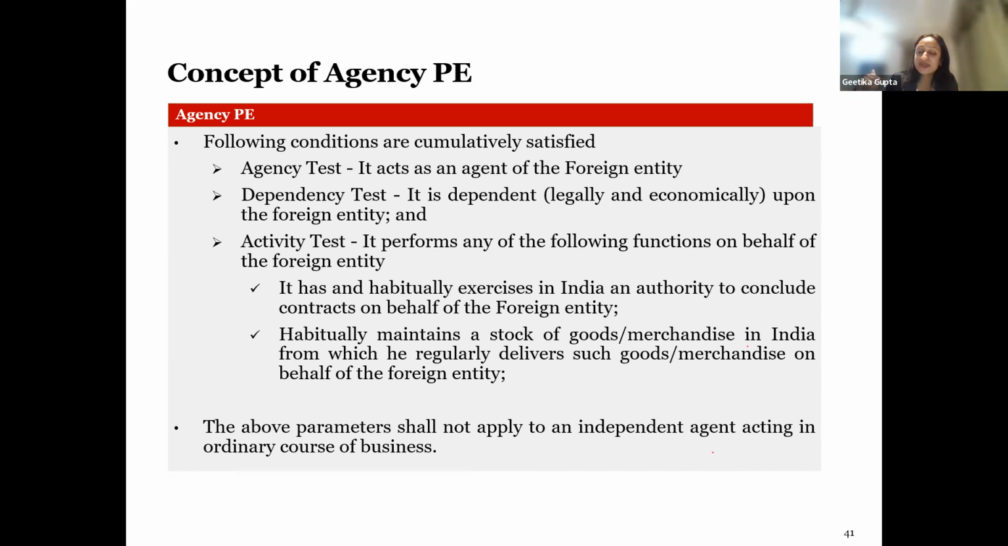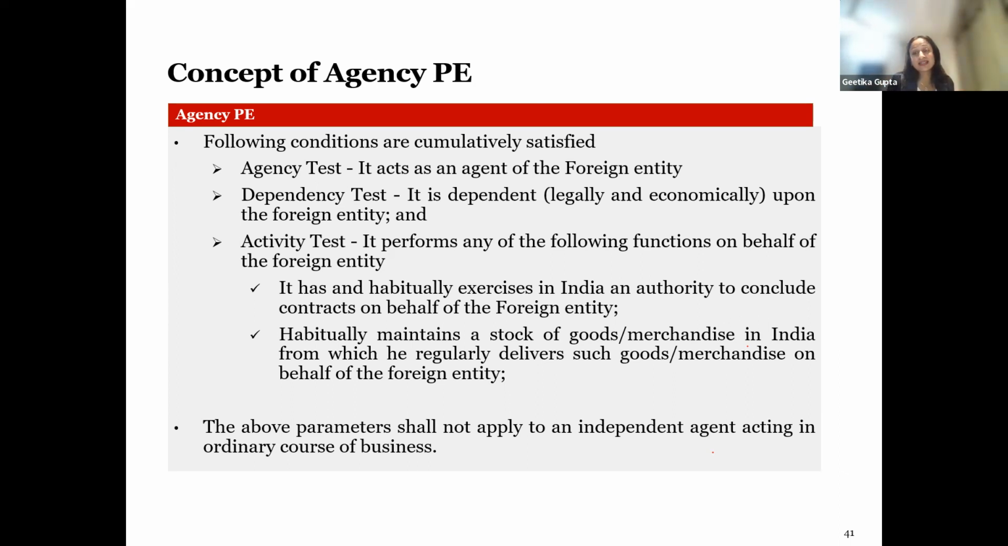Can I be said I am maintaining a stock of goods from which I am delivering? Can I be said I'm securing orders? If none of the conditions get satisfied simply because I am an agent, that does not lead to constitution of an agency PE. Just completing the last leg of agency PE, what we talked about in the BEPS world, which